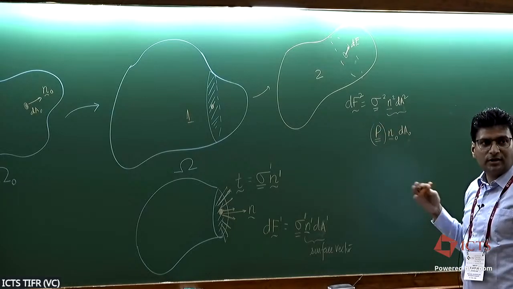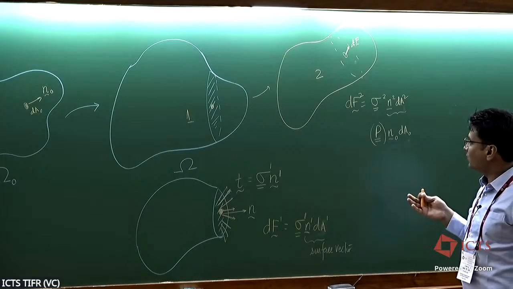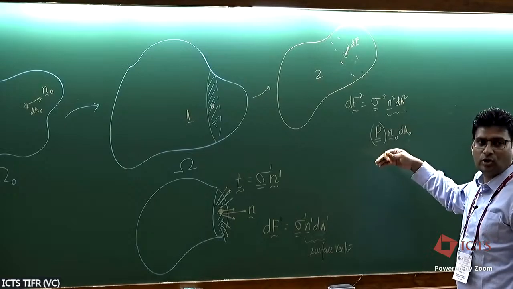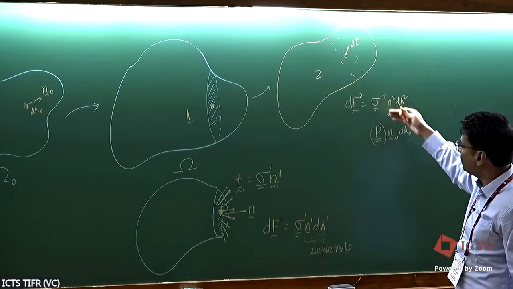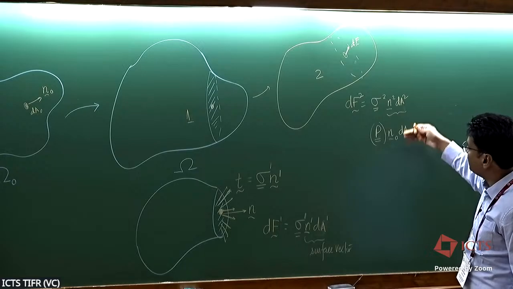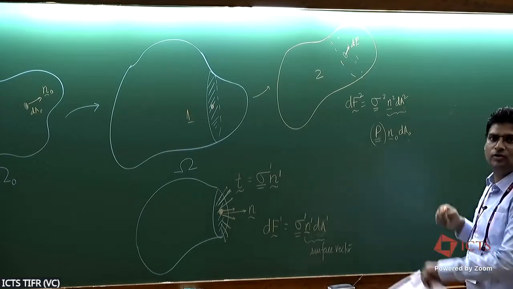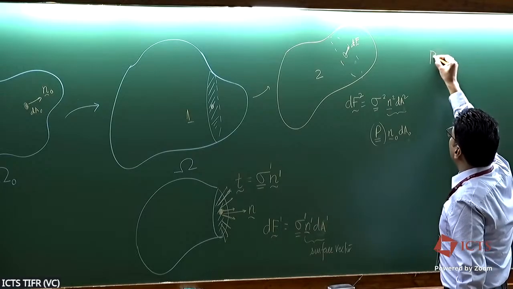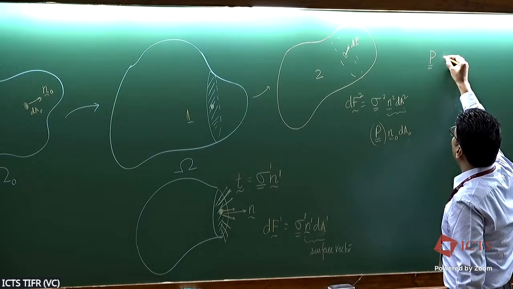Okay, so that's the physics of the first Piola-Kirchhoff stress tensor. You can relate P with sigma also. The first Piola stress tensor can be related to sigma because the deformed surface and undeformed surface are also related. You can find that out. In fact, if I remember correctly, this is perhaps P equal to,